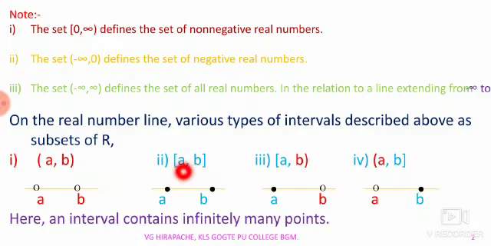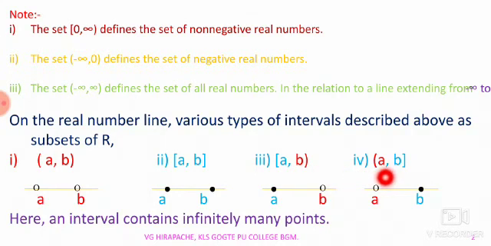Similarly, we have another interval, the closed interval a comma b. This interval we can represent on the number line by showing a dot on a and b. The dot indicates that both the points a and b are inclusive. The boundary values of this interval are included. Similarly, the third interval, left closed, right open. The closed end will be denoted by a dot and the open end will be denoted by an open circle. Meaning, b is exclusive, a is inclusive. a is included, b is not included.